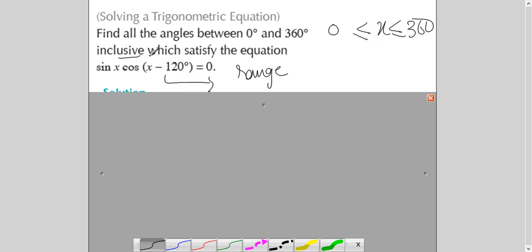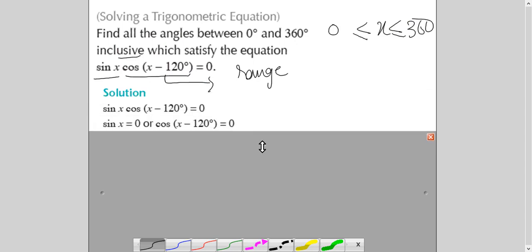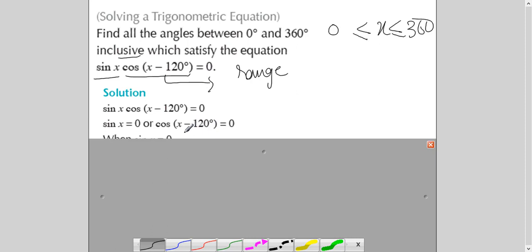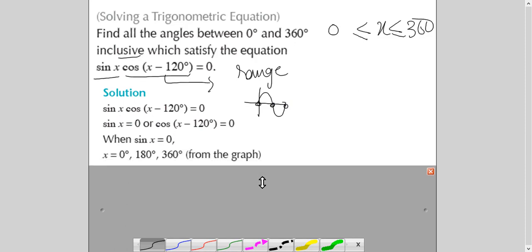But now for this part, my domain for x will change. First of all, let's split it. This is one function and this is another function. They both are equal to 0. So using the basic concept, I will put each one of them equal to 0. Now for sin x equals 0, we don't need to do anything. Why? We have just seen in the last video that for the sine graph, the 0 answers come at which degrees? 0, 180, 360. So the answer of this part is straight away 0, 180, 360. From the graph we know it. So we have to work around this one basically.